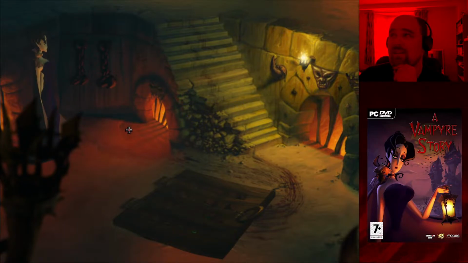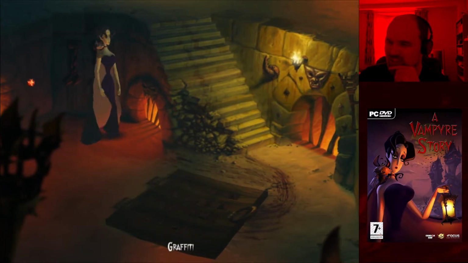Okay, you've got a Shining reference. Alright, it's a very, very subtle Shining reference. At least it's not that fucking carpet again. 99% of the time, if somebody wants to make a Shining reference, they just put the fucking hallway carpet in whatever it is that they're making, and it's just so done.